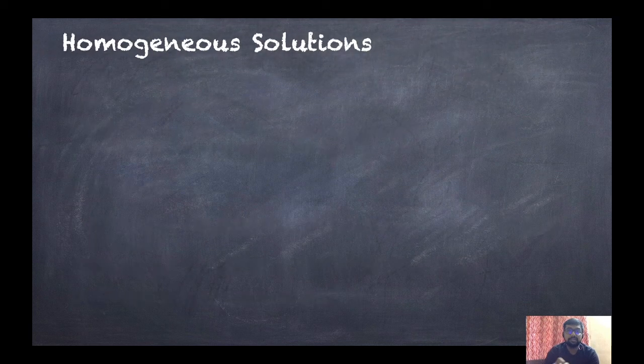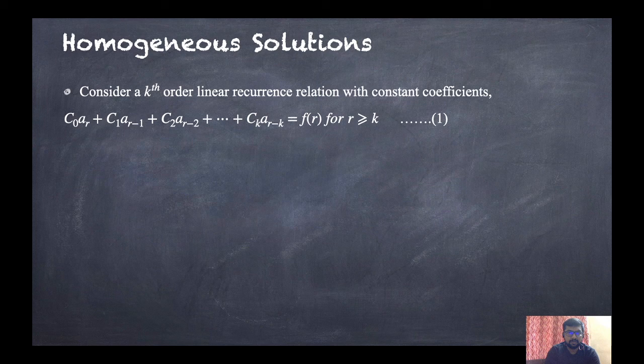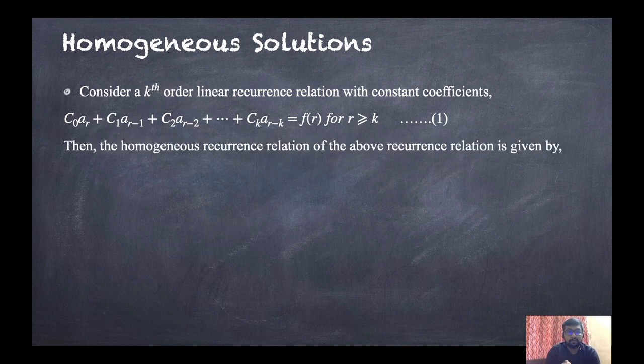Next, homogeneous solutions. Consider a kth order linear recurrence relation with constant coefficients. Then this equation is the same that we just discussed earlier: C0 a_r plus C1 a_(r-1) plus C2 a_(r-2) up to Ck a_(r-k) equals f(r). Then the homogeneous recurrence relation of the above is given by, now see, you can see